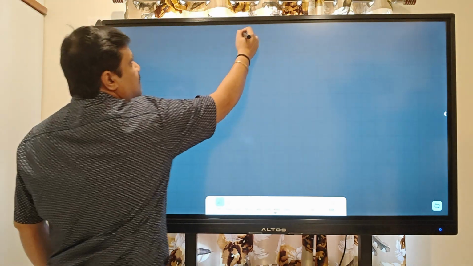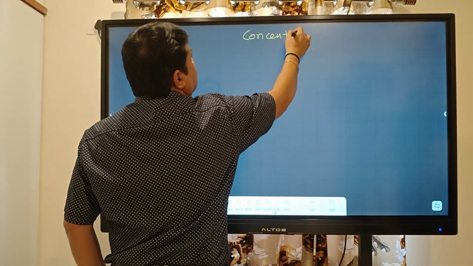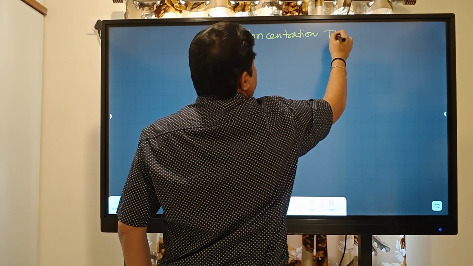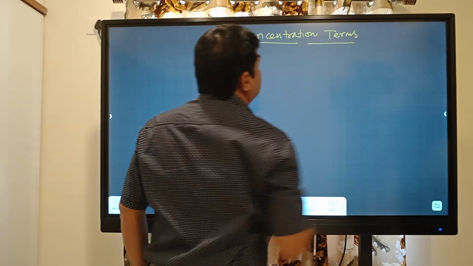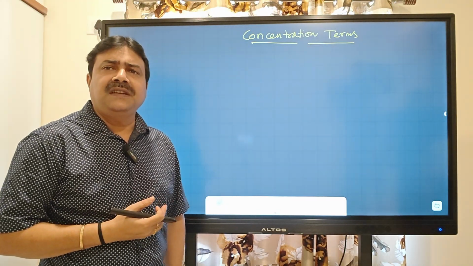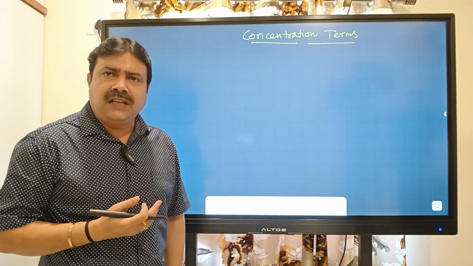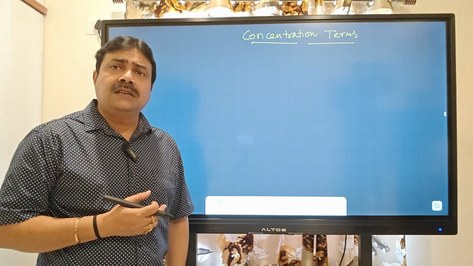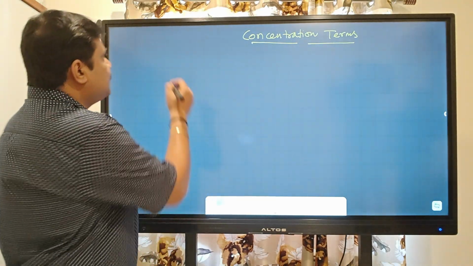So, concentration terms. When we are talking about concentrations, it comes to everybody's mind that it is about solutions. Definitely, solution can be a different topic in second year. Solution itself is one chapter, and we will discuss it in detail. But what will the scenario be when we say solution? Solution means